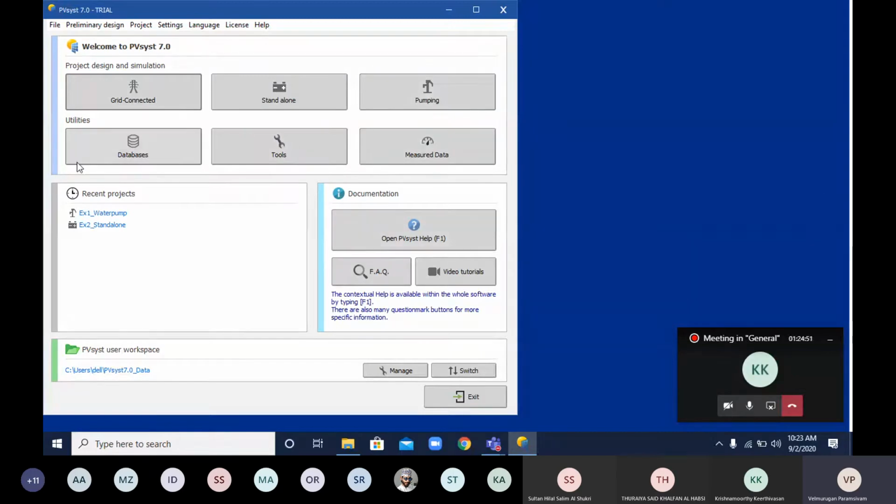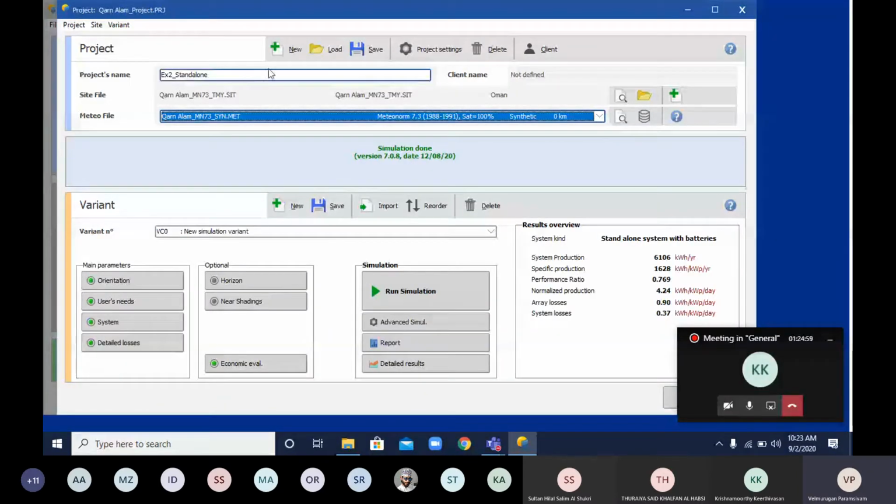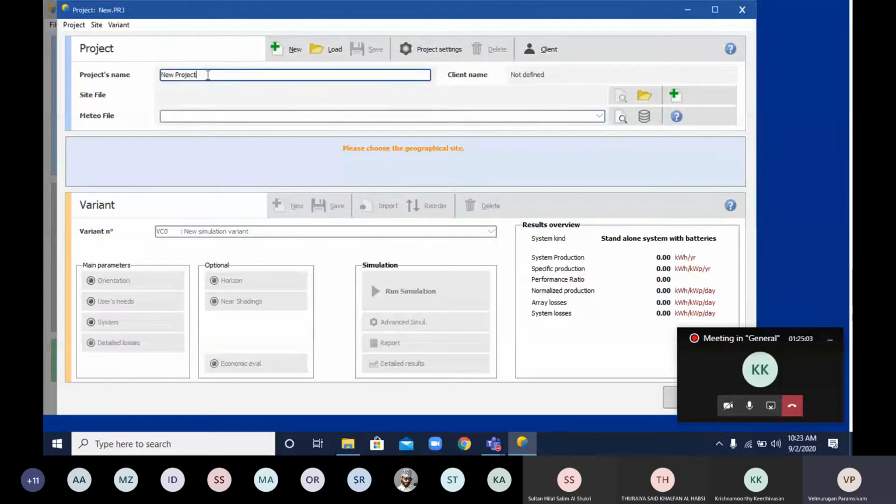Okay, so next, first we choose the standalone. Just click the standalone. Okay, give the new file. Open the new file, new project. I open a new project for Muscat. Okay, we plan for Muscat, the standalone